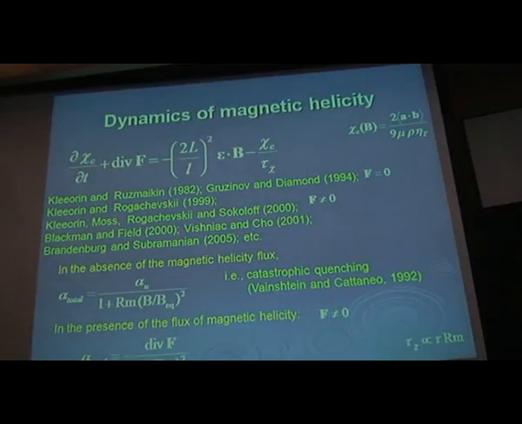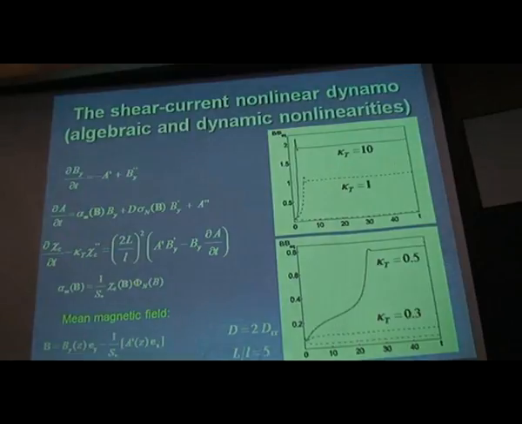If we take into consideration the dynamics of magnetic helicity, then of course everything depends strongly on the flux of magnetic helicity. Here we use a very simple flux of magnetic helicity, like turbulent diffusion of magnetic helicity. And the numerical solutions of this equation show that if the flux of magnetic helicity